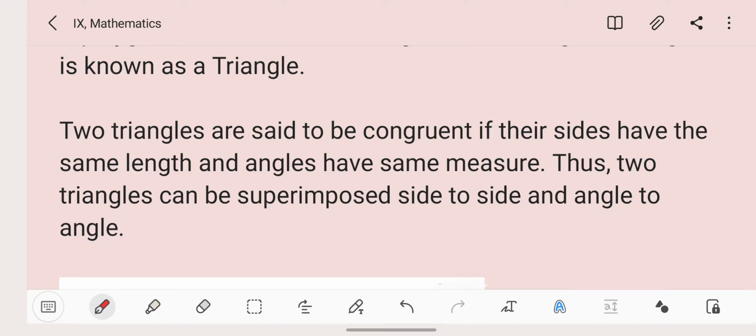For this, you can simply take an example of your palm along with the 5 fingers. Try to bring together both the hands, closing all the fingers with the other hand's fingers. What you observe is all your 5 fingers of one hand get superimposed on the other hand's 5 fingers. That means your 5 fingers along with the palm are congruent with the 5 fingers along with the palm of the other hand.